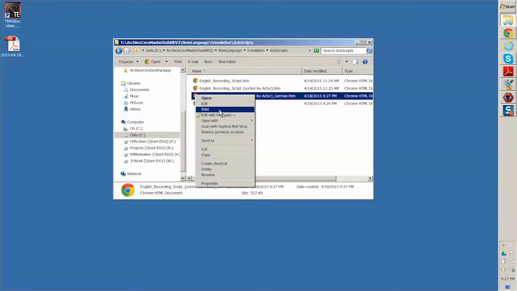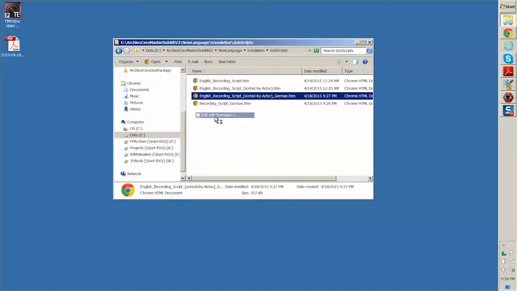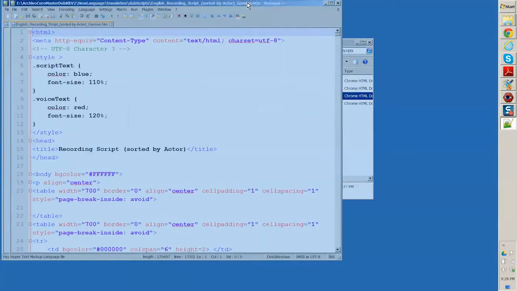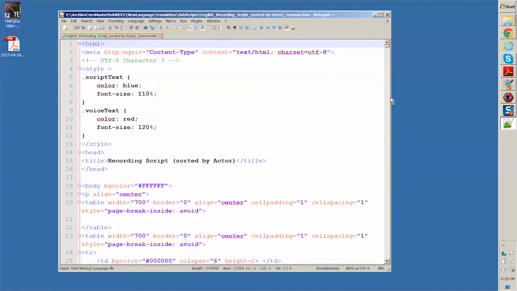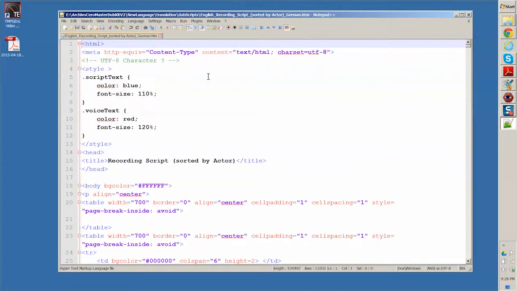You can edit that file. I have Notepad++, which is another free program that you can get, or you could use Notepad or other things. And in this little tiny bit of what they call CSS at the very top here, the script text,